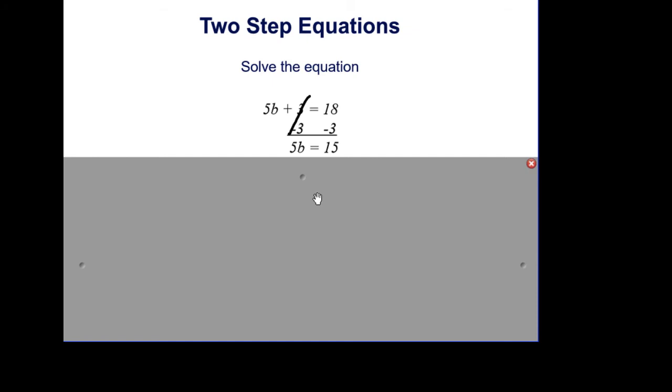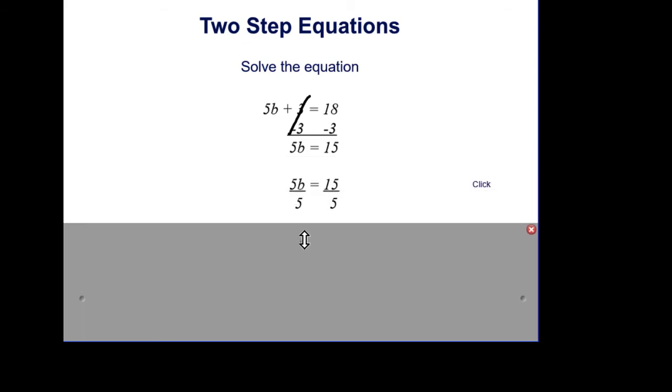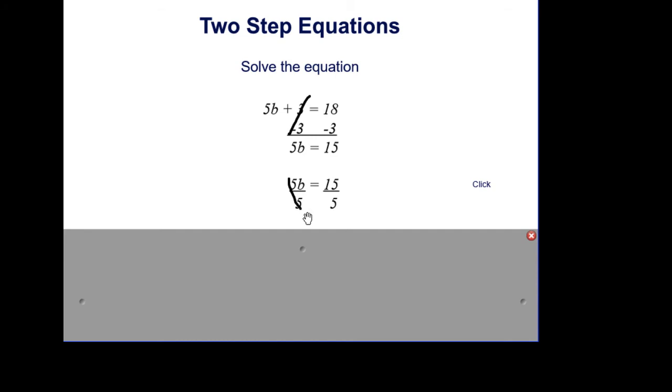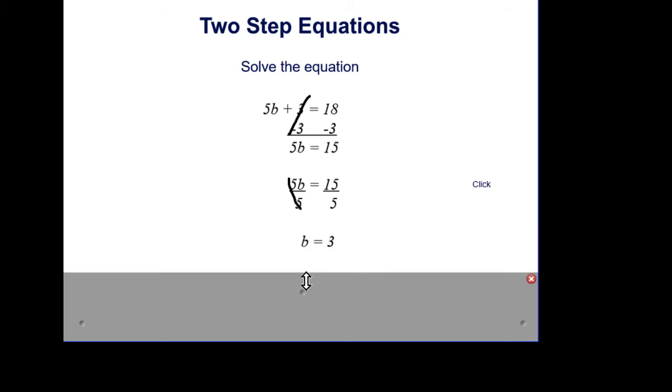We now have division and multiplication. We have multiplying by 5. 5 times b equals 15. So we need to undo multiplying by 5 by dividing both sides by 5, which leaves us with b equals 3. The variable is now alone on the left, so we are finished, and our equation becomes b equals 3